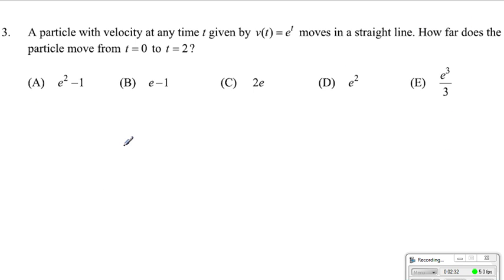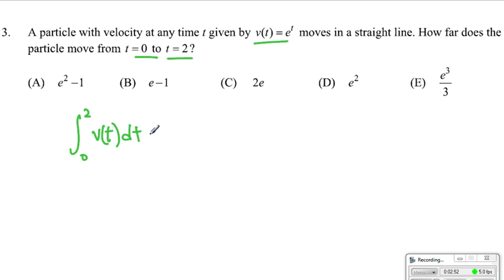Alright, let's look at number 3. Velocity is given by e to the t and then moves on a straight line. How far does the particle move from here to here? Then all we have to do is take the integral from 0 to 2 of v of t dt,